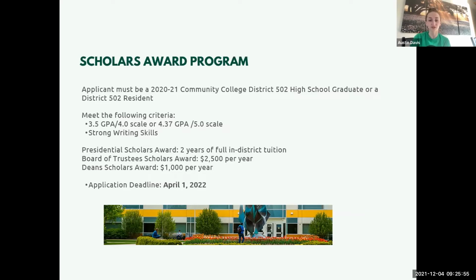I did apply for the General Scholars program, and I'm a Presidential Scholars Award recipient, which means I have 2 years of full in-district tuition. Obviously, this has helped me and my family so much. I have 2 younger brothers who are going to school very shortly, so it takes a large financial burden off